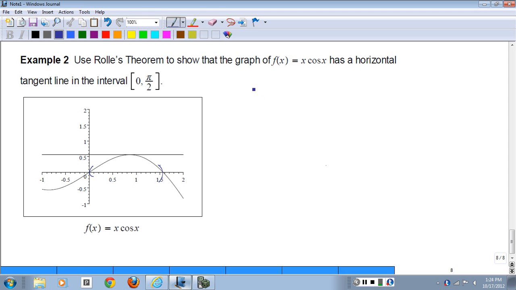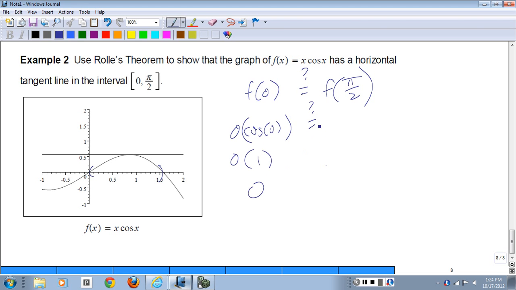So that's satisfied. We just need to check that f of 0 equals f of pi over 2. The endpoints function has to agree. F of 0 is clearly 0. 0 times cosine of 0 is 0 times 1, which is 0. What about f of pi over 2? Well, it's going to be pi over 2 times the cosine of pi over 2. So pi over 2 times 0, and that's 0. So the endpoints agree, and